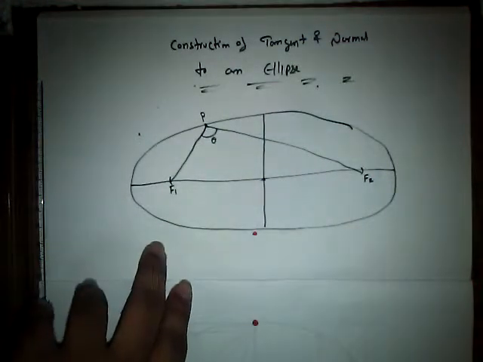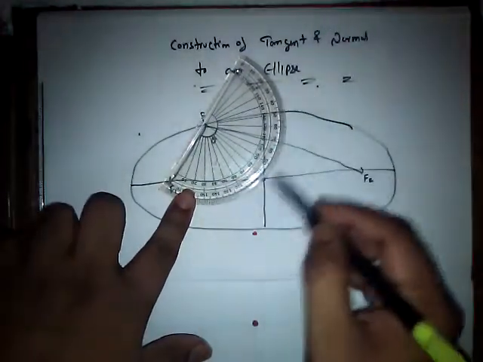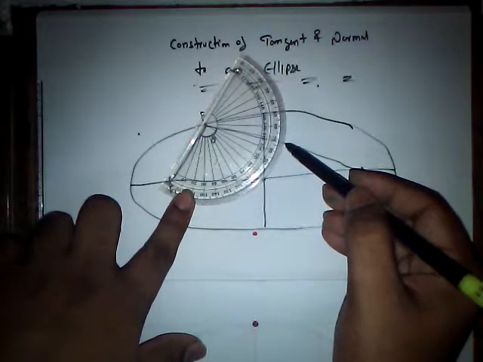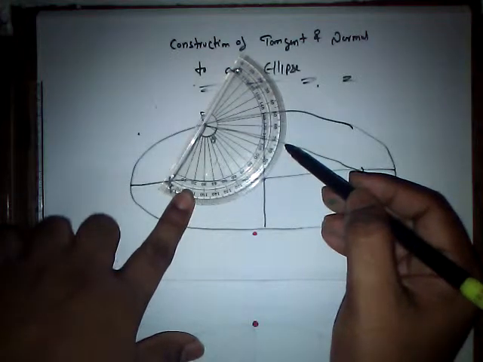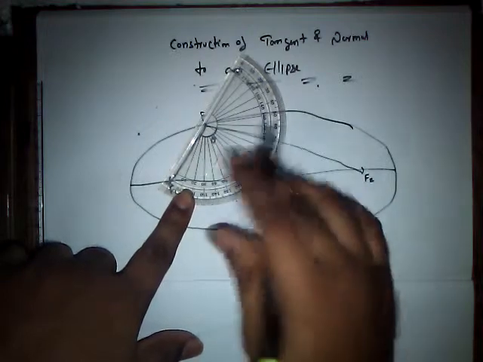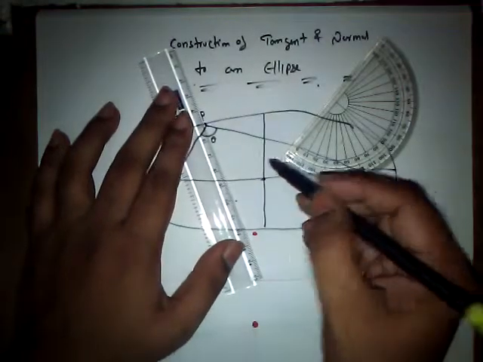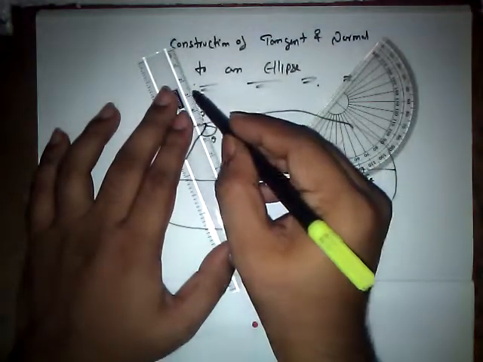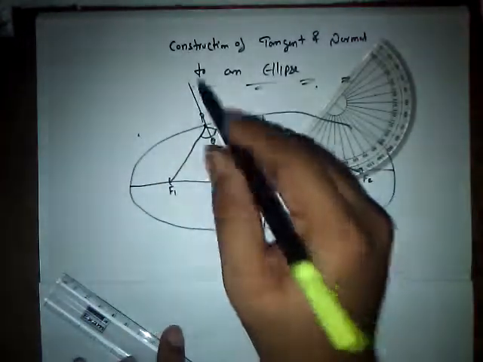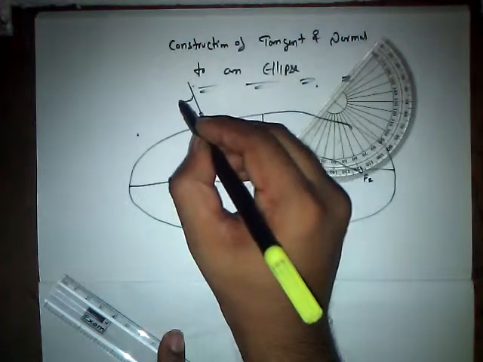The easiest process is to use a protractor and measure the angle over here. Here we have 108 as the angle. Half of 108 is nothing but 54, so 54 is the point. Join the point P to the point that we got. It is going to give you a line that is cutting the arc. The line that is cutting the arc is known as the normal. So this is our normal